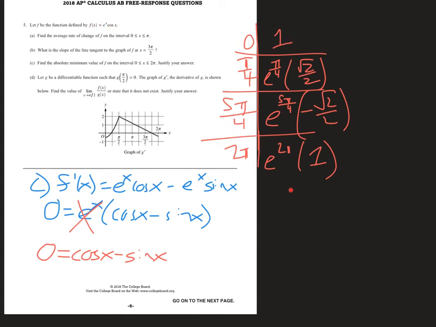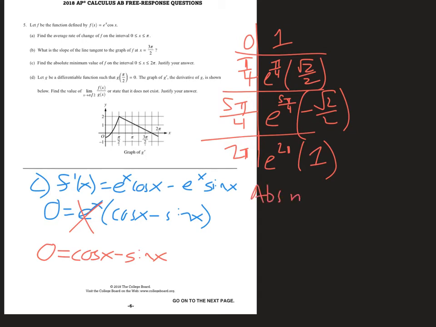So we just look for which one of these potential candidates at an endpoint or a critical number is the smallest. And this is one where people often are scared because they don't have a calculator, but notice I don't need a calculator to know which one of these is the smallest. Only one of them is negative, so that one is the smallest. And it does ask me to justify, so I'm going to say the absolute minimum is,